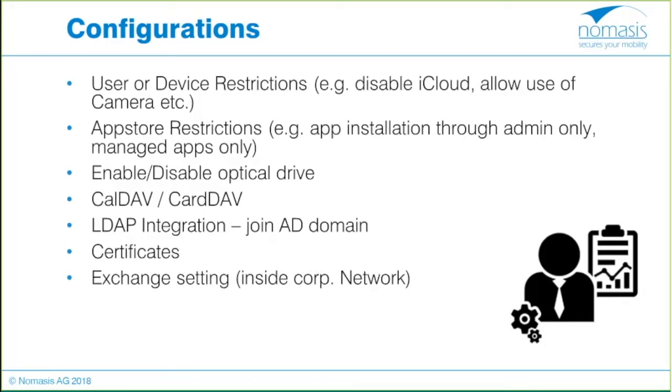You are able to distribute one Exchange setting. I will get back to that point in the next slide, because it's not as straightforward as we might think. Also, if you're not happy with the set of configurations that you find in MobileIron, there is always the possibility to define your own XML and plist configuration file and distribute it with MobileIron. You just have to stick to the Apple reference, create your own configuration, and distribute it on the Mac.